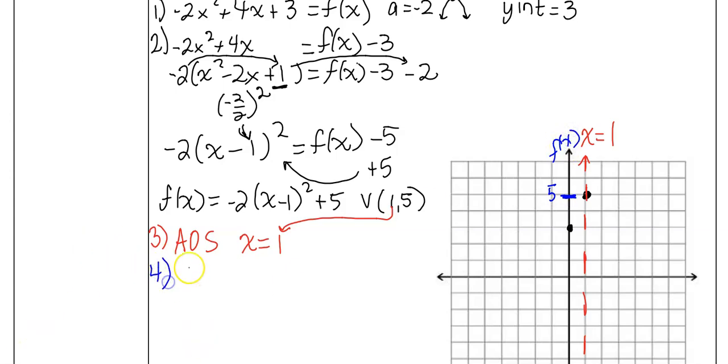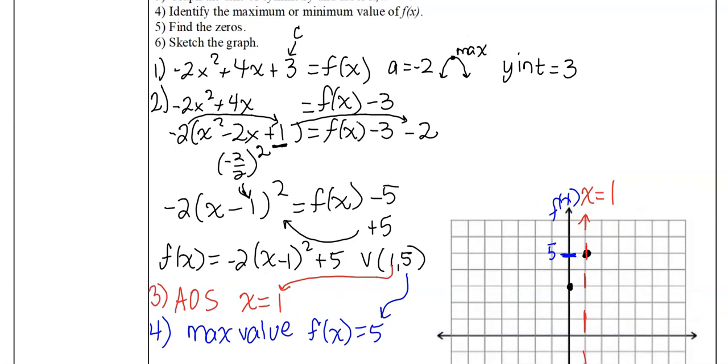So here we have a maximum value. This is the highest value, f of x equals 5, and that is also coming from our vertex. Also, by the way, this is going to be a question that you will see on the test coming up. So when it asks you to identify the maximum or minimum value of y, go to the vertex to find